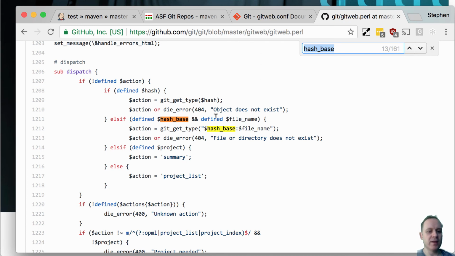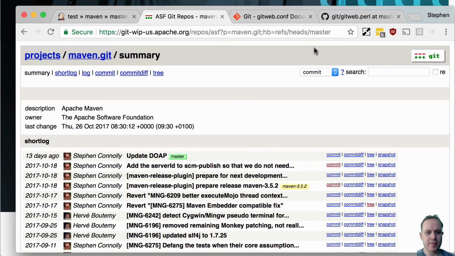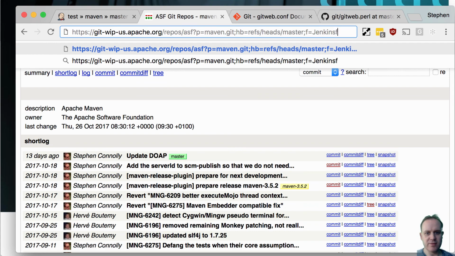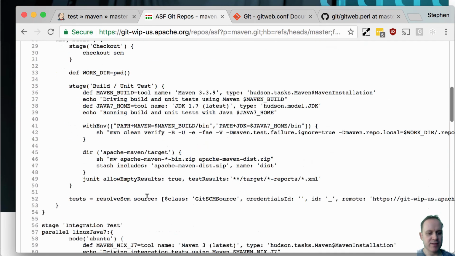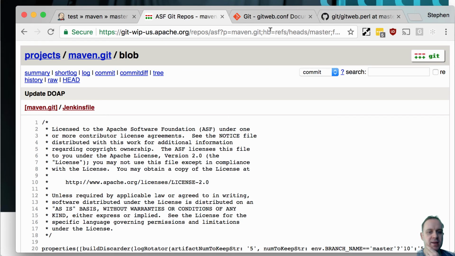and defined file name. So here's, right. So if I go f equals Jenkinsfile, that brings us to the blob. So it seems to me that hash base is kind of used when you want to find out, so when you rename a file in Git, that file can move on. So if you're specifying hash base, what this seems, if I'm understanding correctly, is it's showing us the contents of this file, the Jenkinsfile, whatever its current name is, but in order to identify the file, we provide the hash base for that file. So we're going to have some fun constructing URLs,